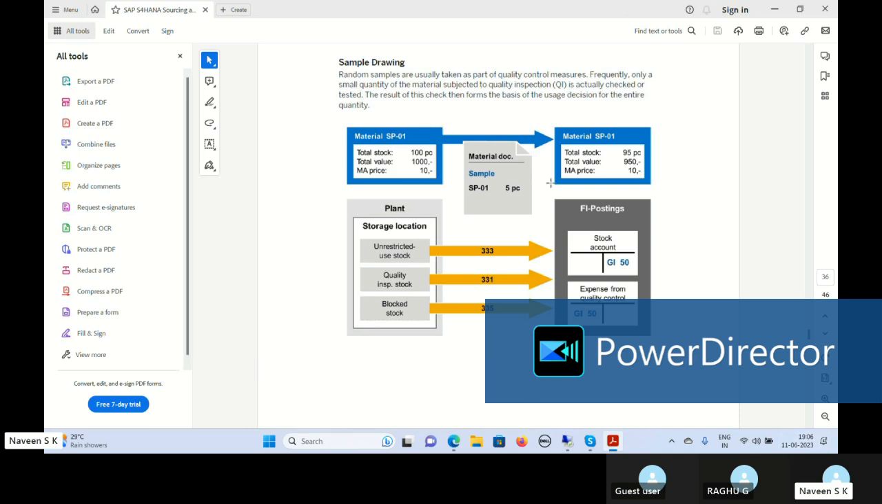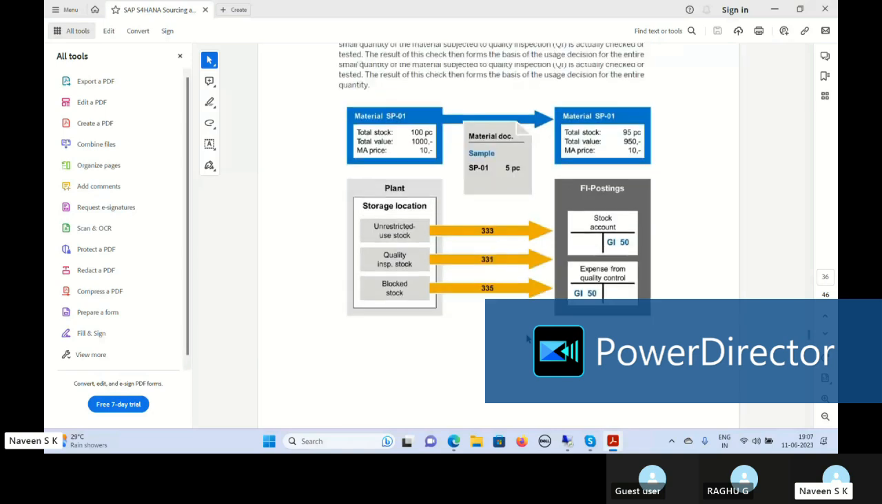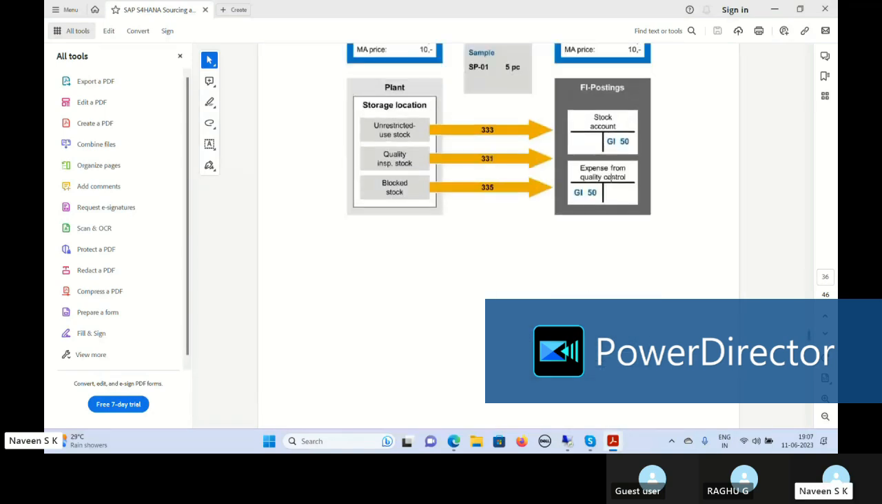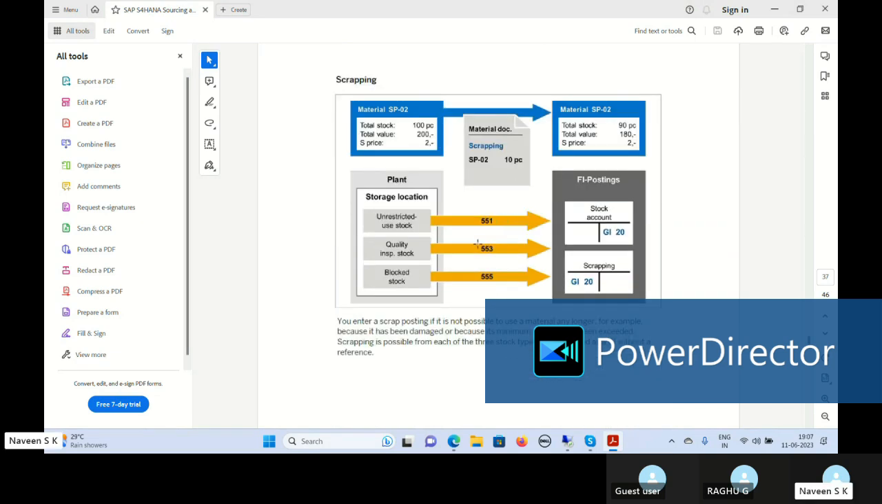If they want to track it with a different GL account, they use a different GL account and track how many samples we have sent to customers every time, whether it is for a new customer or for an existing customer. All those things they can track if they are using a different GL account. That is again the finance call. Similarly for scrapping, you can try with the same method, just the movement type will change for scrapping purposes. 550 and